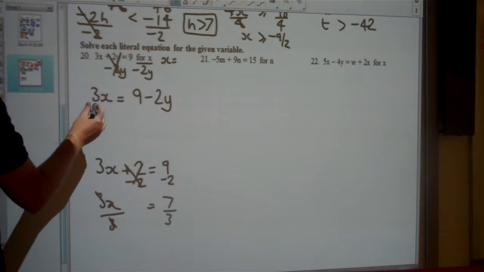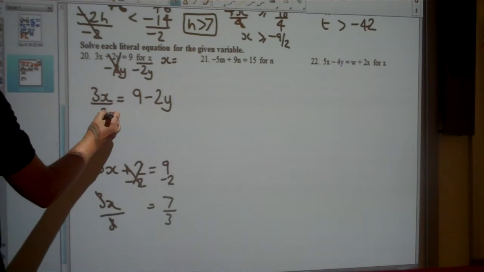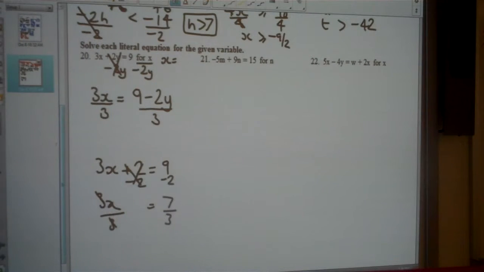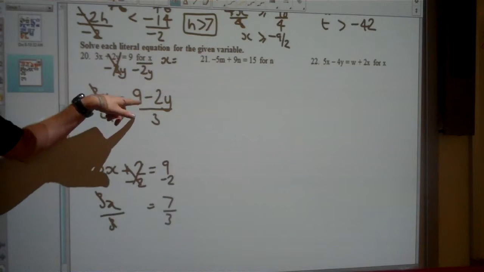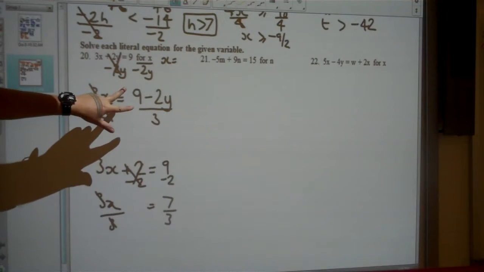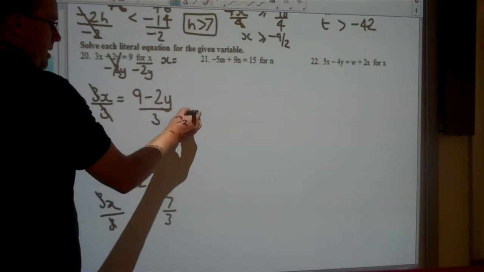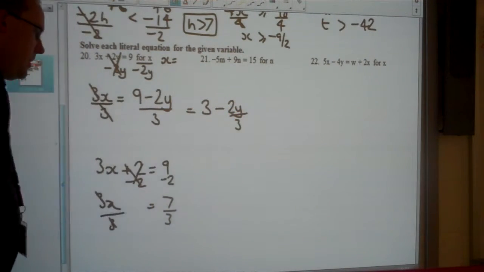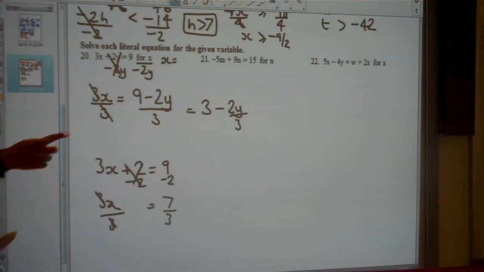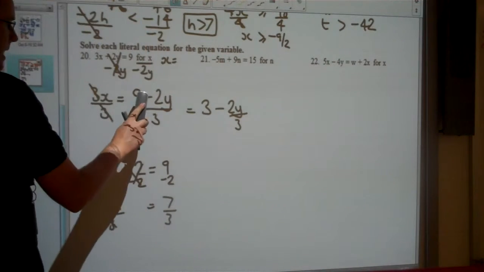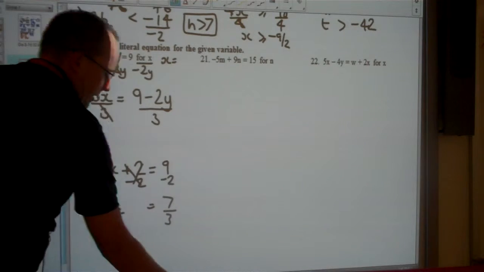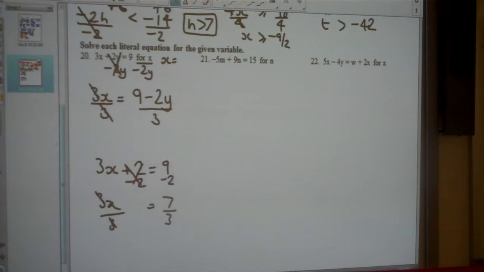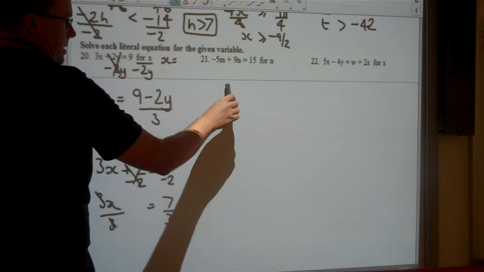Now if I know 3x, 3 times x, if I do the opposite of times by 3, that's to divide by 3. Once again, I can't simplify this at all because I've got variables with numbers. I could say possibly 9 divided by 3 is 3. And then I could just say this is 2y divided by 3. But I don't think that improves the question any at all, so I would just leave it like that. Now the question actually says x equals, I have gone ahead and solved for x as it actually asked me to do. On 21, I'm going to try and solve for n,